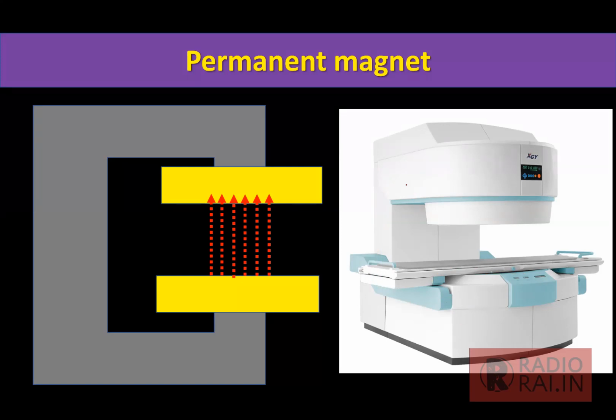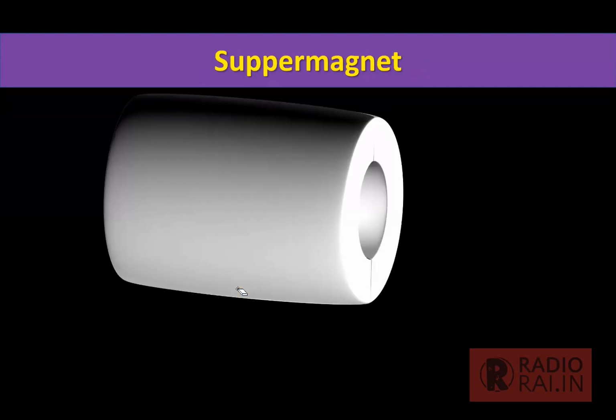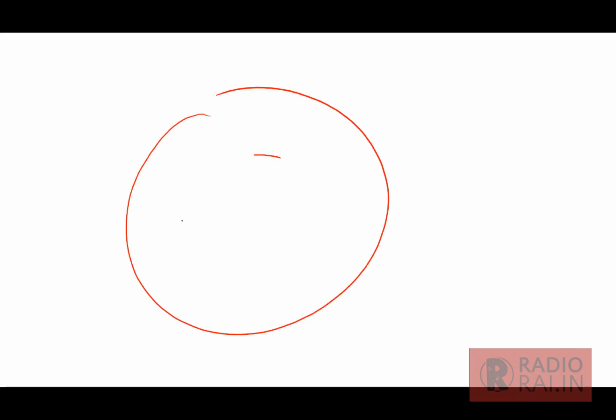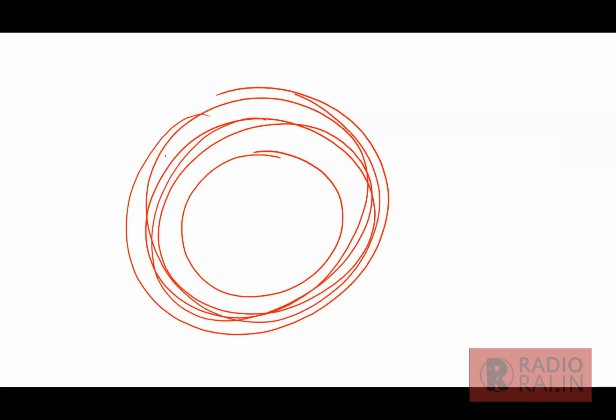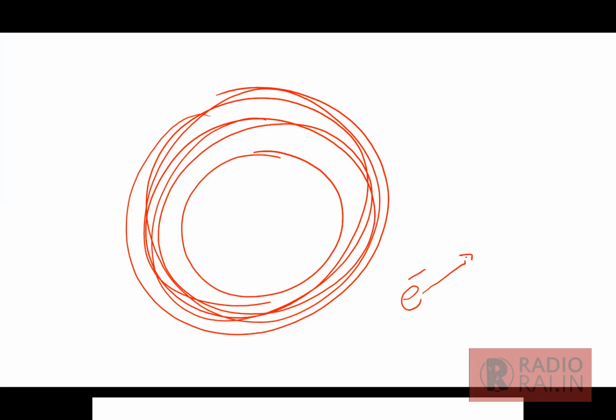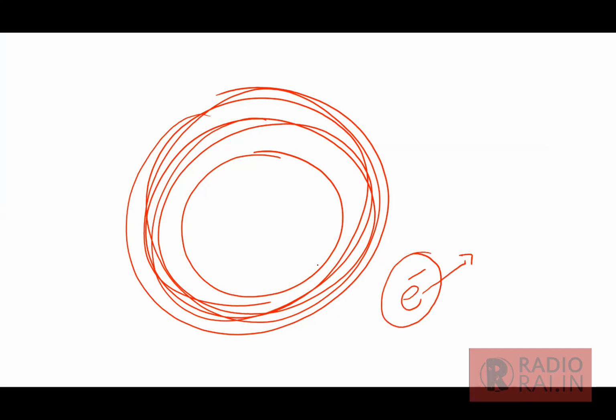So this is the type of magnet that was used, the permanent magnet. And this is how the magnetic field was going from posterior to anterior, where the patient is lying. Now, after this permanent magnet, they created the magnetic field using multiple coiled wires. They passed current through these coiled wires. Current is nothing but the movement of electrons, so it will produce a magnetic field.